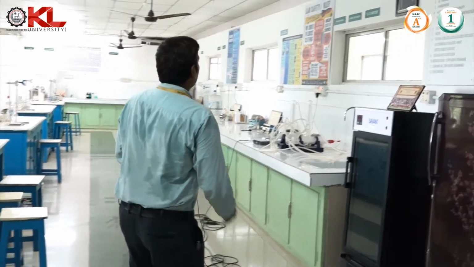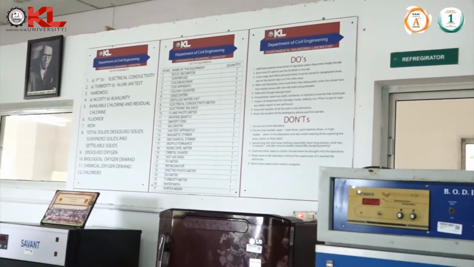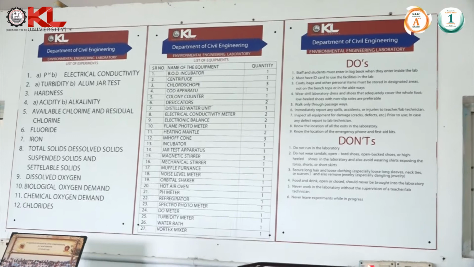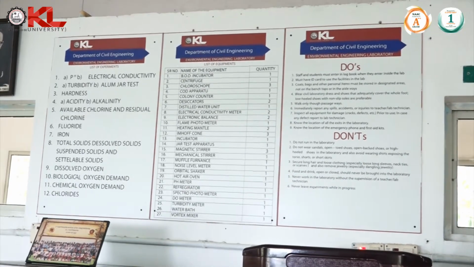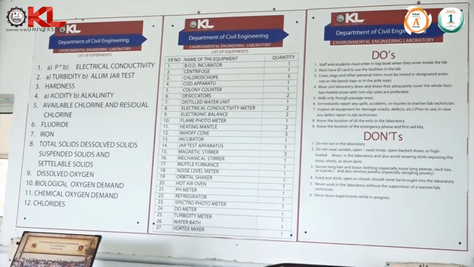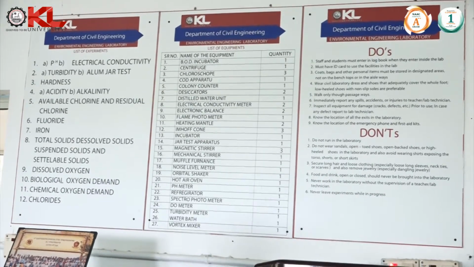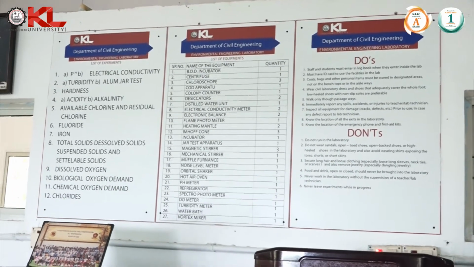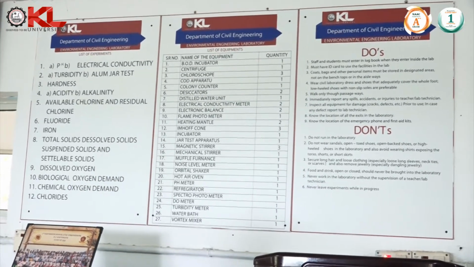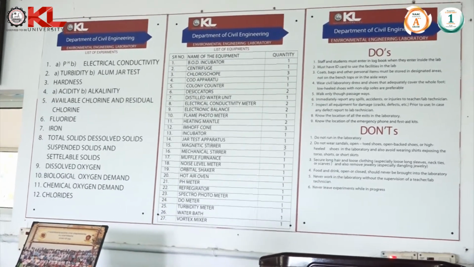Please come. In this laboratory facility, we will be conducting different experiments like pH, electrical conductivity, turbidity, jar test, hardness test, acidity, alkalinity, fluoride content, iron content, chlorine content. So, we will be generally checking the quality parameters that are involved in drinking water and domestic water purposes, and all students will be made to understand the basic importance of these parameters, and they will be doing all types of experiments to determine these quality parameters present in the water.